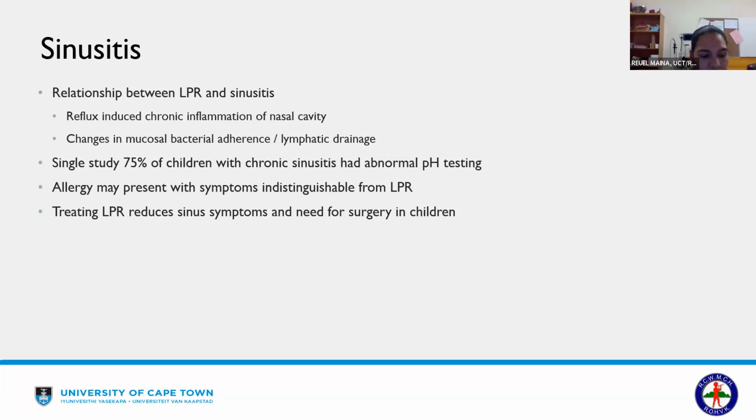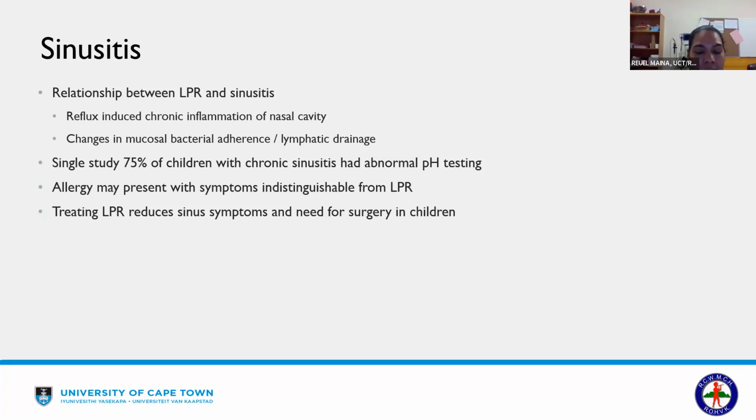There was a large study done that showed that 75% of children with chronic sinusitis had abnormal pH testing within the nasopharynx, and that allergies may be present, and that allergies sometimes are present